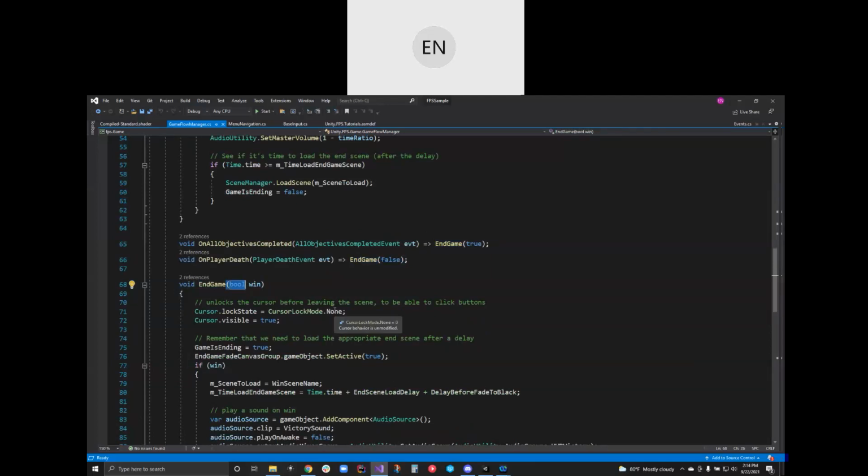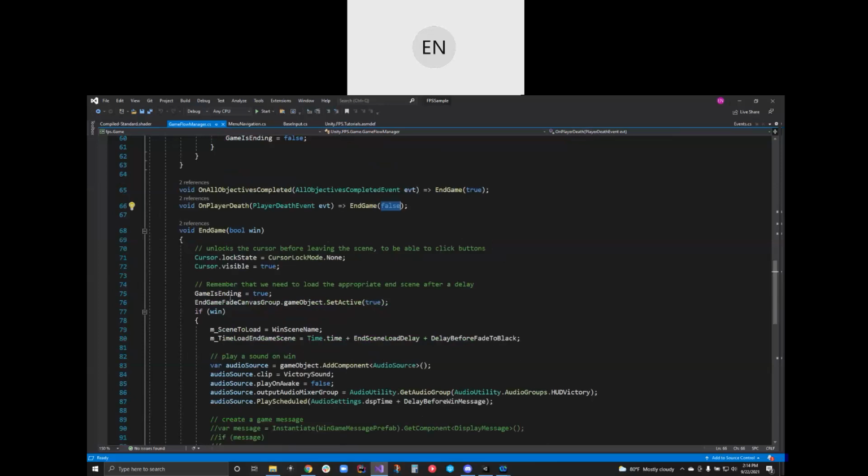So this is all super high level, this game flow manager. It's just listening if the game was won or if the game was lost. Whatever conditions happen, and then it does stuff. Okay, let's lock the cursor. Unlocks the cursor. Okay, so I guess the mouse cursor gets hidden because you're moving the character around. You don't want this mouse cursor. Let's make the mouse cursor visible again, because the user has to use the UI to say, do I want to play the game again or do I want to end the game?